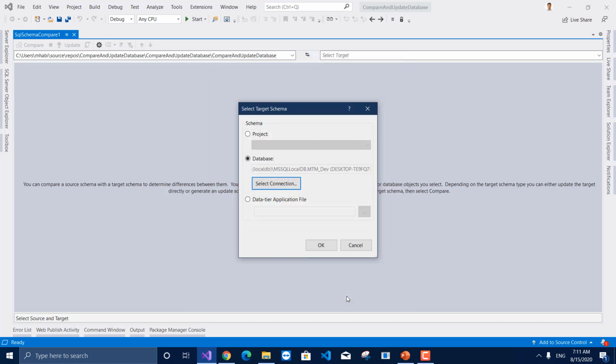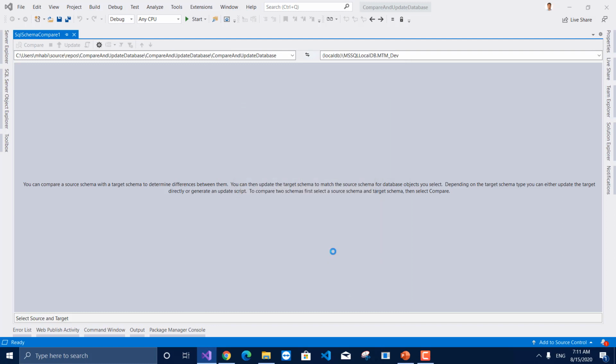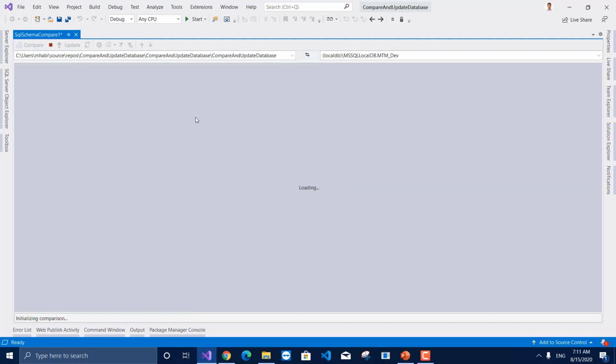Click on the connect button. So Visual Studio is trying to connect to this database. Now click on the compare button. Visual Studio is comparing the database. It will take a few moments.